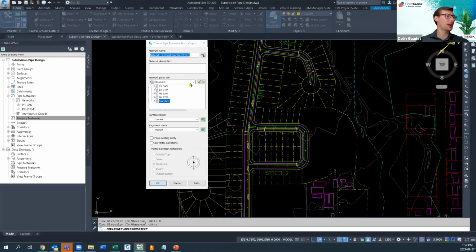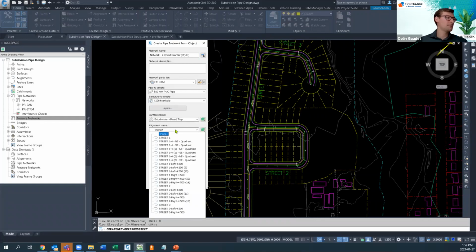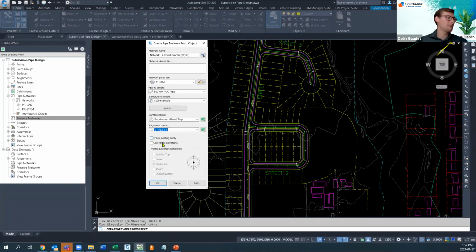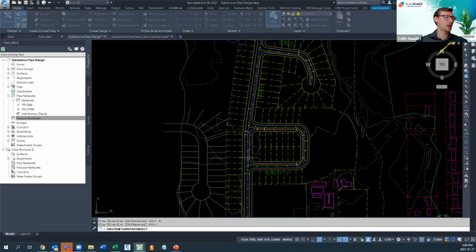We're going to leave this alone for now, but I am going to pick my parts list, pick my part size, and my manhole size. I don't really care about the layers either, because I'm not going to be dealing with this network for long. I can pick the reference surface and the reference alignment, street 1, and I can use the vertex elevations. I'm going to need the outside top because I want 1.5 meters above the pipe at all times. We'll click OK, and that creates